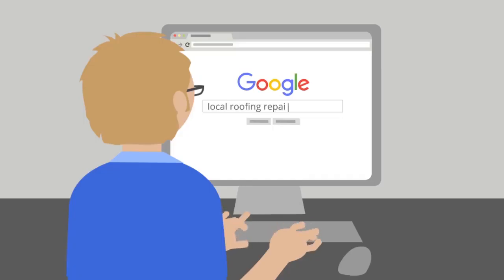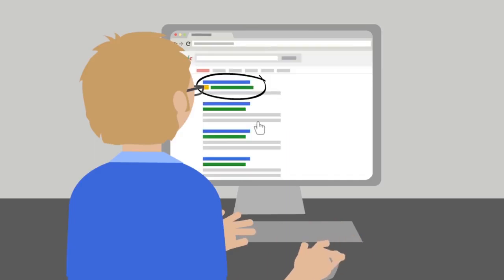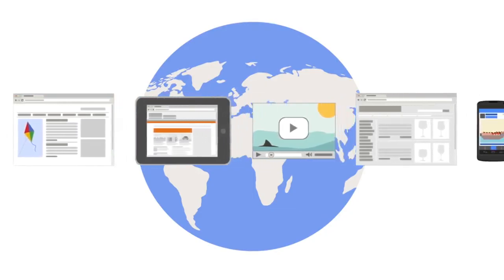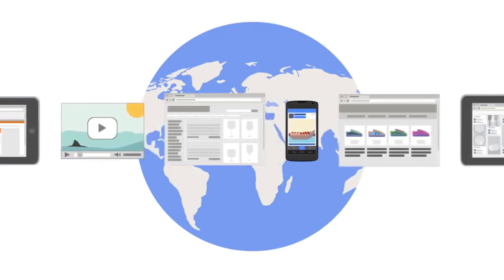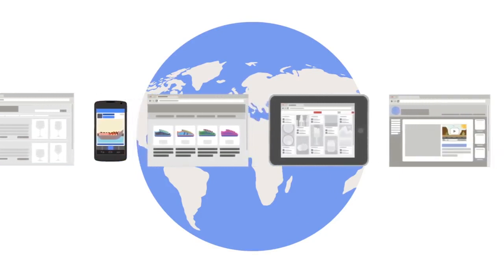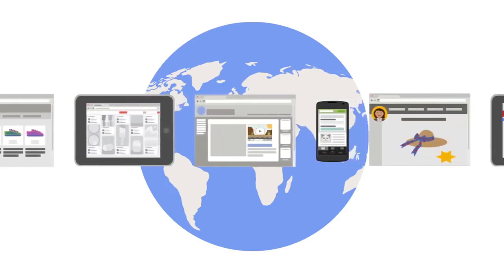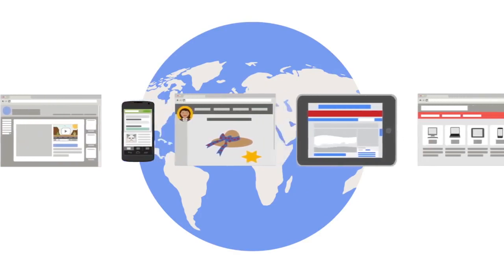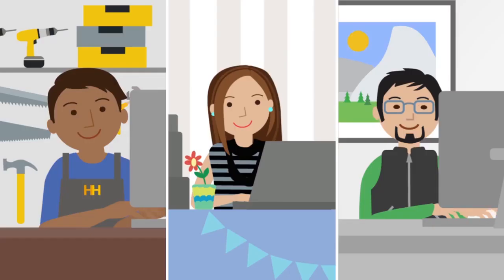There's the search network, which shows ads when users search on Google and on other search websites that partner with Google to show ads. And there's the display network, where ads appear on millions of popular websites, mobile apps, videos, and more with content related to your targeting. As you'll see with Henry, Maria, and Ted, you can pick a campaign type that uses just one of these networks or both networks with the Search Network with Display Select campaign type.